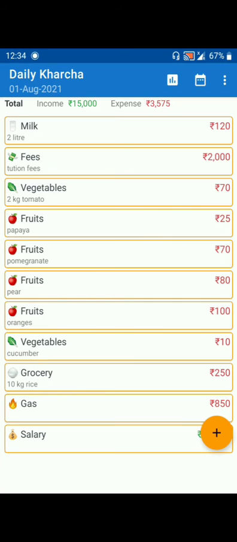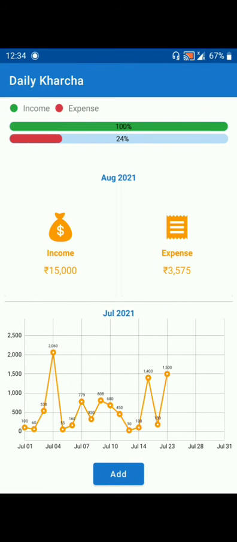Once you have added enough records, the system will automatically generate a dashboard for you. Click on the back icon. Here, you will be able to see how your income and expenses are performing for the current month. The top area shows you your income versus how much you have spent till date. So gradually you will be able to know how much is saved as well. For example, here 24% is already spent out of my total income entered.